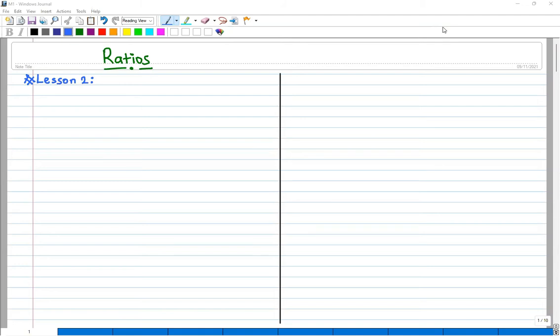So, this is our second lesson about ratios, and it is a continuation of the first lesson that we had. Now, we have already learned that if I have a ratio like 2 to 4, it can be written in simplest form